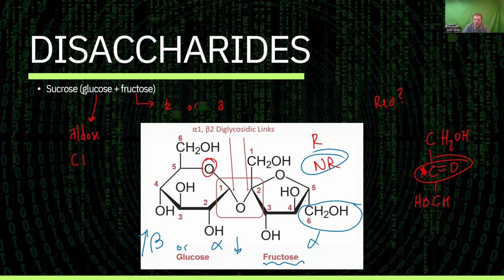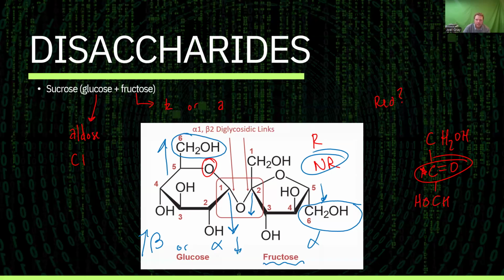The same thing applies when you're classifying glucose as an alpha or a beta. Carbon 6 compared to the OH on carbon 1. If they are going in opposite directions, for instance, carbon 6 is up, carbon 1 is down, that is an alpha sugar. If carbon 6 is going down, and carbon 1 is going down, those OH groups are both going down, then this is a beta sugar. Okay, so